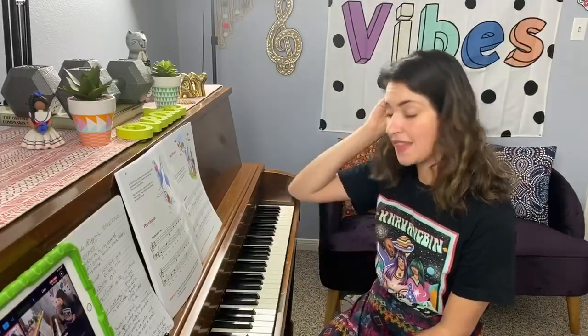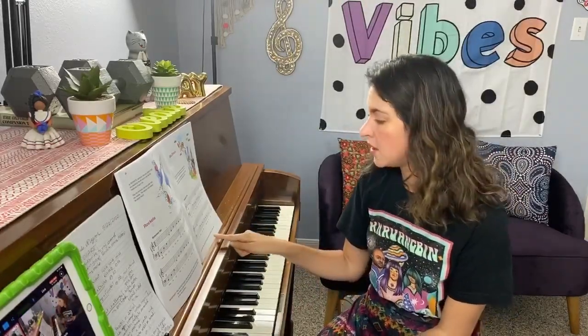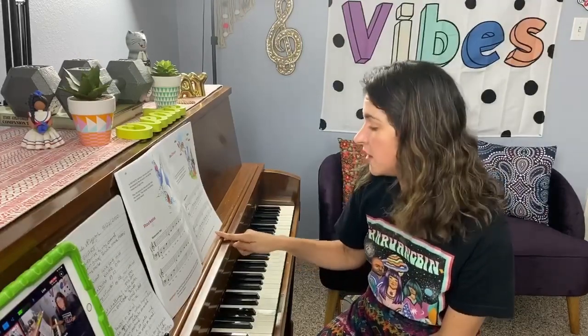Now, there's some pretty interesting stuff written at the bottom of this one, too. What do you know? They always like to give you extra challenges, huh? If you're comfortable with it, it says at the bottom of 27, important: play Sea Divers again, which means we add a repeat, playing the second line 1 octave, or 8 notes